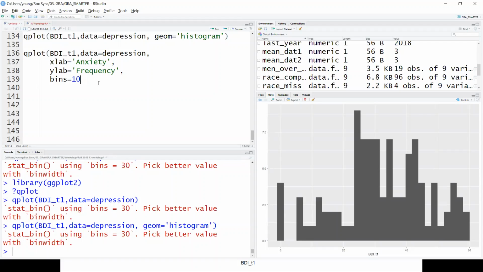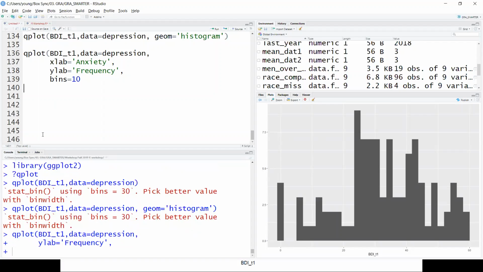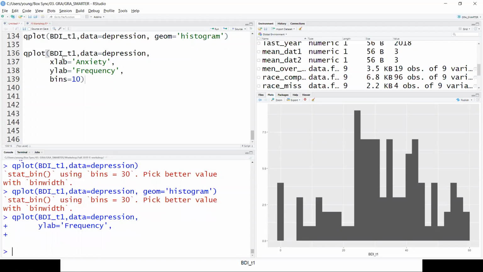So if I were to run this without the closing parentheses, then it gives me this little plus sign, which means, hey, I'm expecting something else, right? But if I put this parentheses there, then it knows that the command's finished, and then it doesn't expect anything more. I'm going to rerun this whole thing.